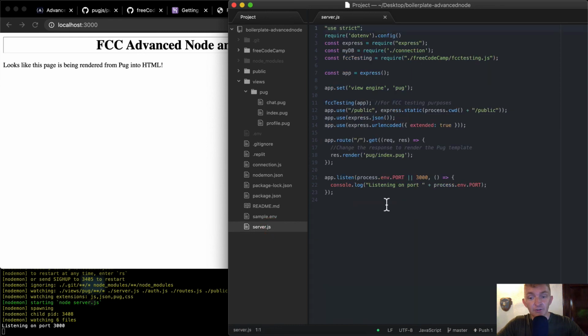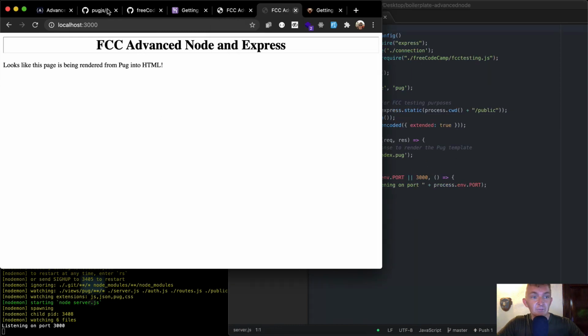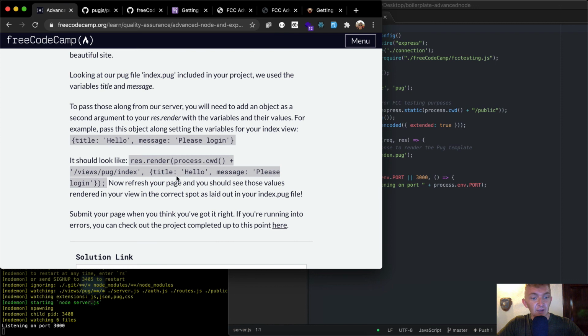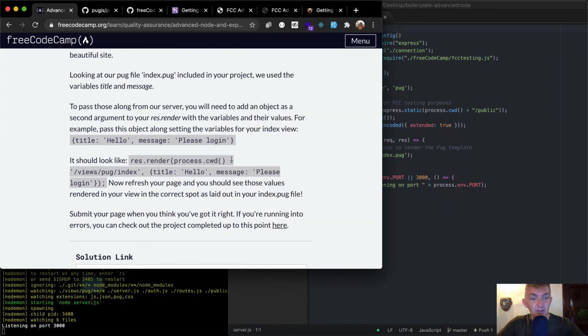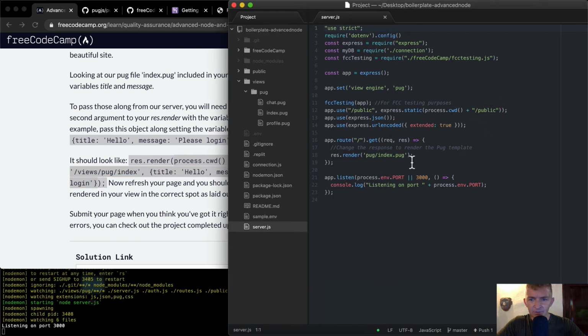So I'm going to open up our server.js, and then they give us a good example here of how to do this. So res.render, and then they're doing process.cwd. What does that get us? That gets you like the root. So it'll get like local, like URL. And wow, so they've really just done it for us here. So I'm just going to copy this and views pug index, views pug index,